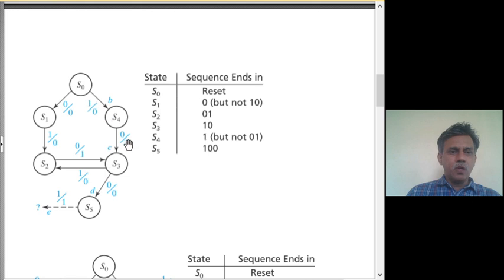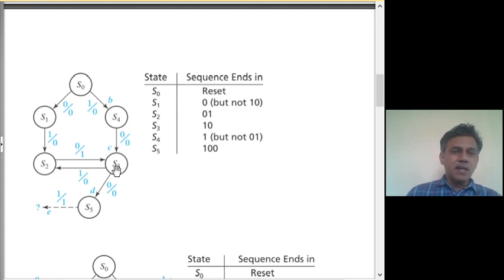So 1, 0 has been handled, followed by another 0, followed by a 1. So this is the second pattern of interest to us. Until this last one occurs, we should keep outputting a 0. That is what we are doing. If the last bit, the fourth bit, is 1, we have to output a 1 and go to a state. That much is very clear. So where do we go is something we have to discuss. But right now, should all these 4 states be distinct from these 3 states or not?